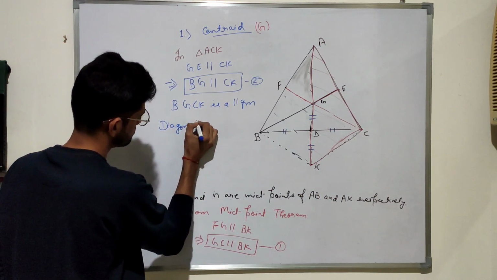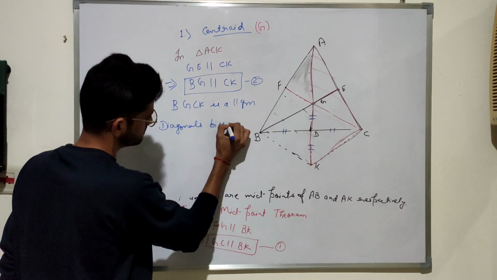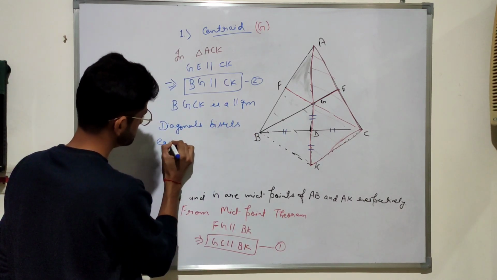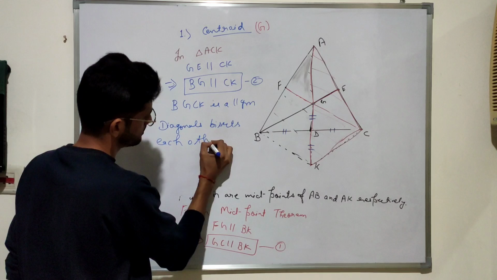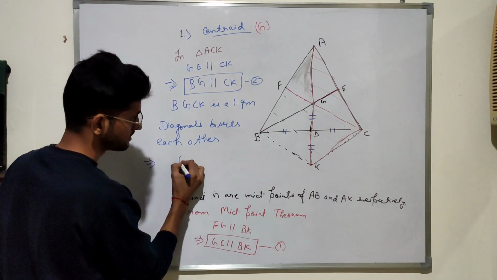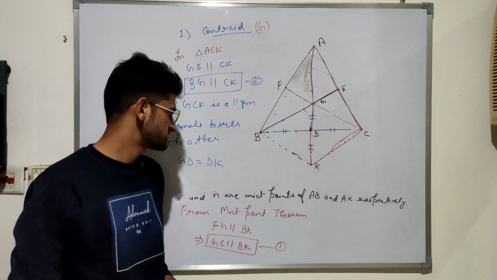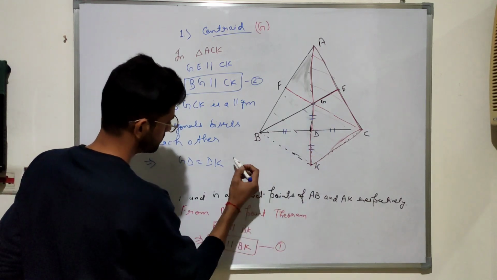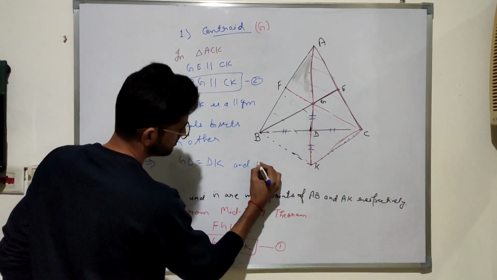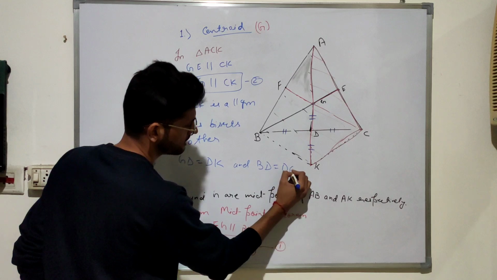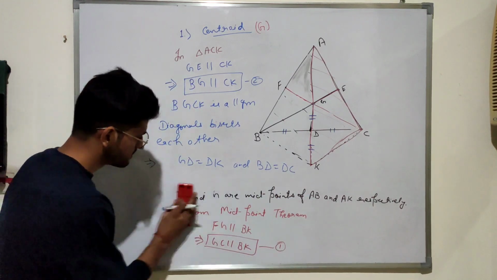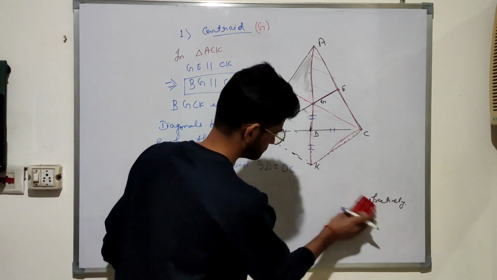Diagonals bisect each other. It represents that GD is equal to DK. Since diagonals bisect each other, therefore GD is going to be equal to DK, and BD is equal to DC. That we already know. So from here, what we can achieve is,